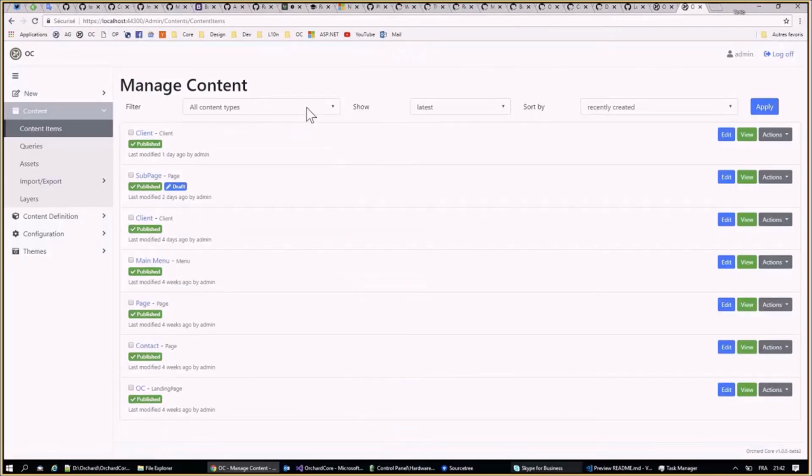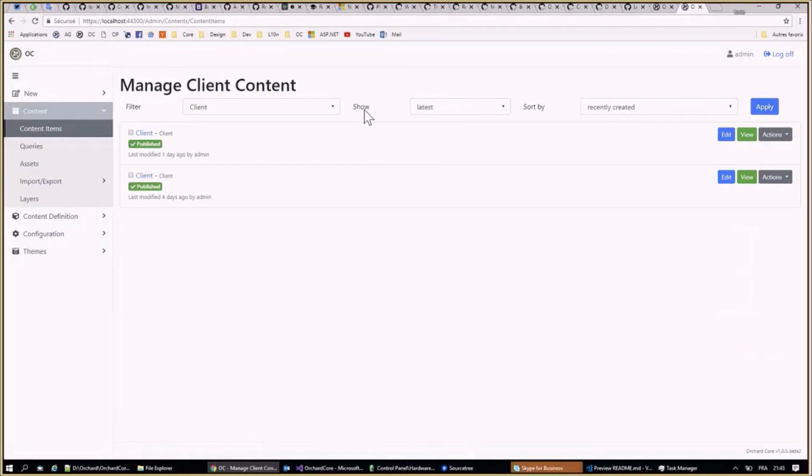The first PR has been made by Simon, and I added the other filters. So if I apply, I will only see the client, and I can choose to only display the draft, for example,